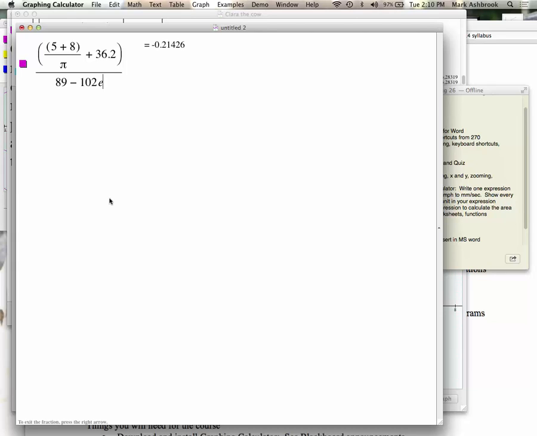Okay, so what I want you to do is a little practice here. If you want to insert text in between your command lines, you do Command T. I'm guessing it's Control T on PC.